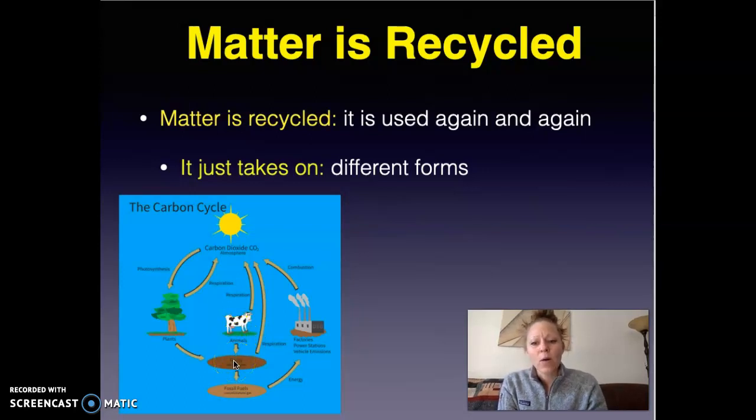So here, let's follow this carbon back down to where the cow ate the plants. Let's say that the cow, or a whole bunch of plants, is somehow buried without having oxygen. It's going to fall deep, deep into the earth over millions and millions of years. And it's going to break down in a different way. It's going to be broken down by different bacteria without oxygen. And so without this oxygen, it becomes fossil fuels. This is where we get coal. This is where we get oil. It is these living things that died and were buried without oxygen.